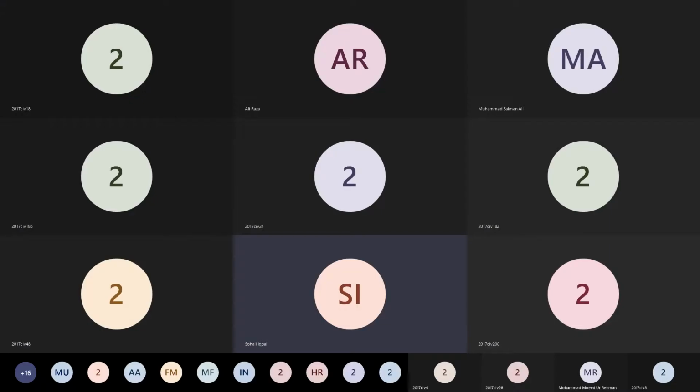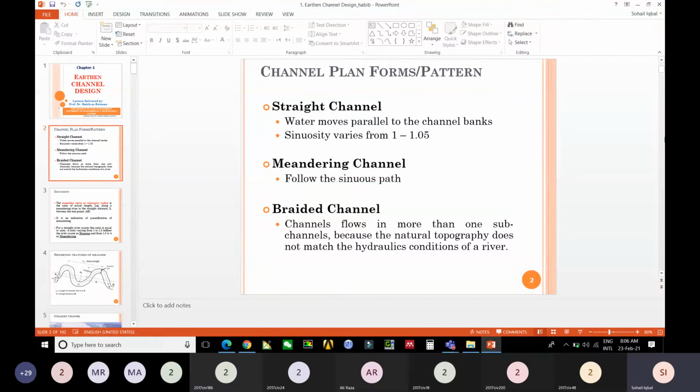So first of all, we will study the straight channels, then meandering, and at the last braided channels. Straight channels are the channels with which we are well familiar, and we have also studied them in our physical life, in different forms, just like canals, and